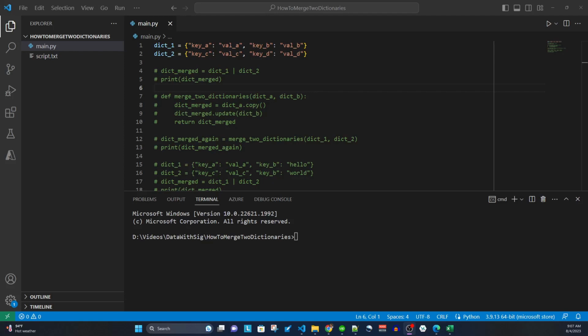Here is how to merge two dictionaries in a single statement with Python. So here at the top, I define two dictionaries, dict1 and dict2. They both have two keys and two values. And then here,